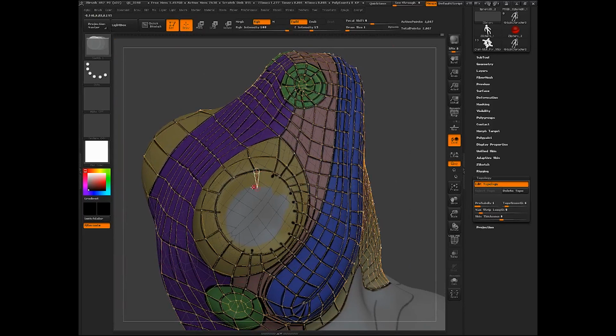All right, so bring the edges here in. Again, we're kind of winging this because I did draw this out, but I had to restart ZBrush, so I don't have that piece anymore, so just kind of winging it.